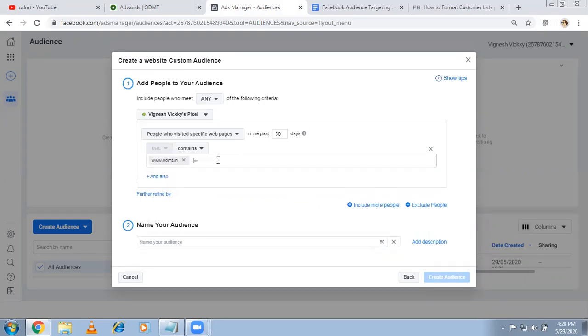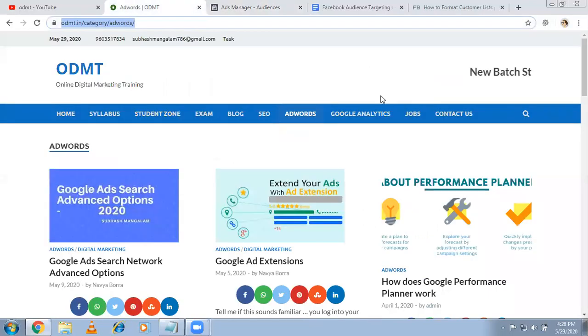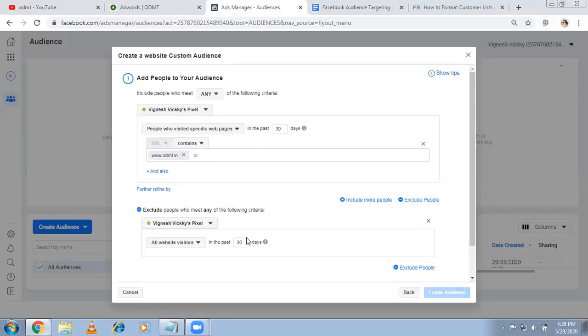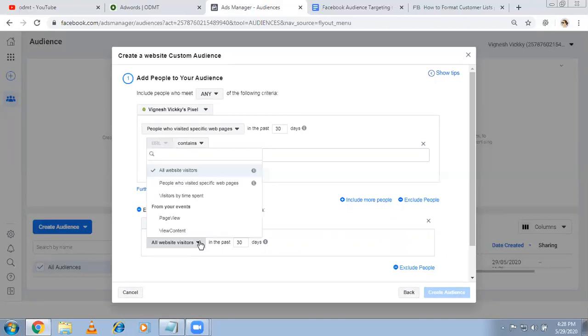But when it comes to my website, what I'm doing is, whoever comes to my website, if it has odmt.in, I target. It means everybody I'm targeting, whether you come to home page, about us page, AdWords, contact us, even thank you page also. That's why, down there is an option called exclude people. Now here what I'm doing is, I want to exclude